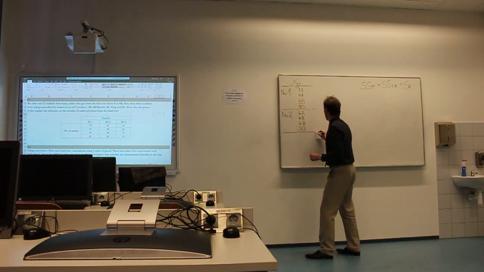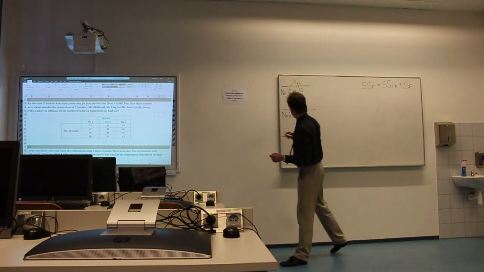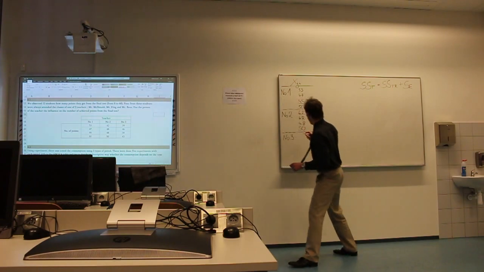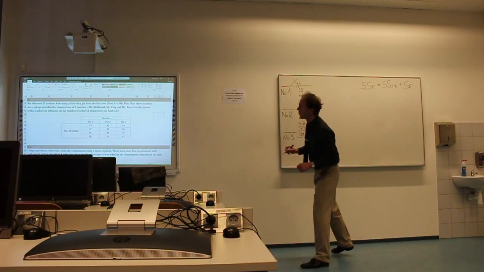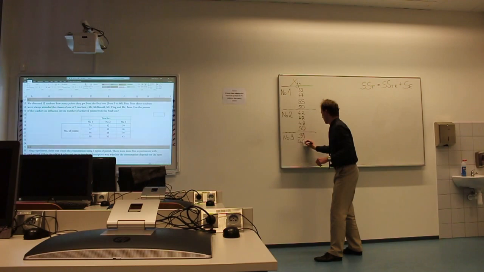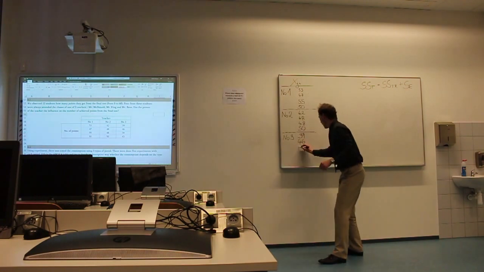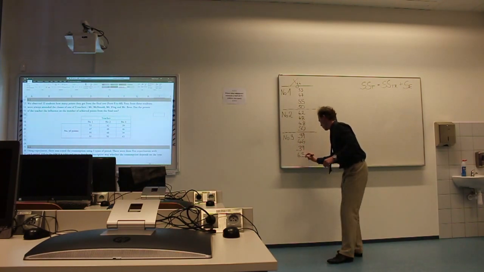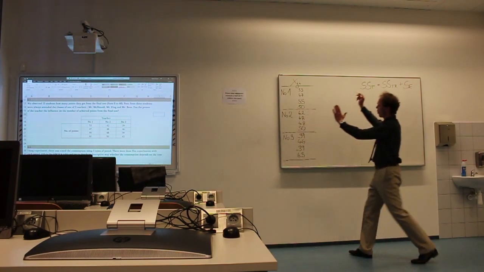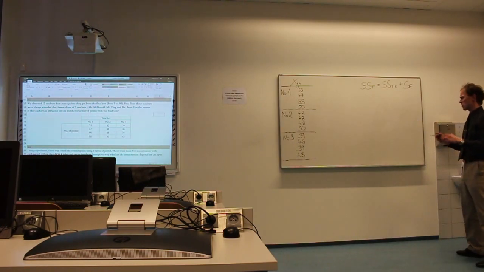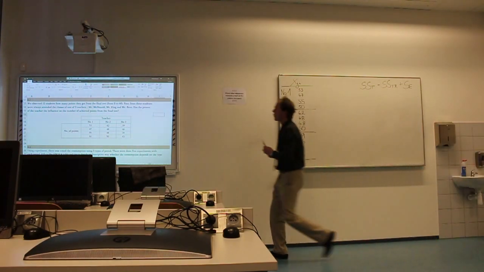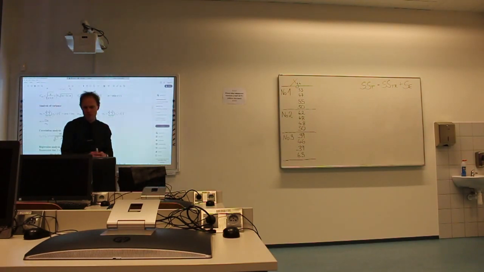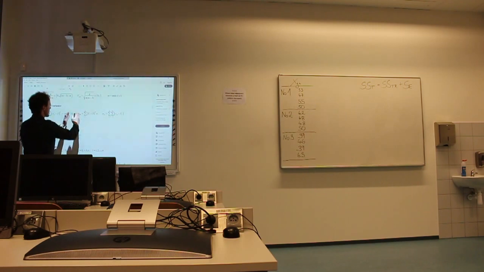And the last, third teacher, Mr. Vance, number 3: 39, 46, 39, and 43. Okay. So 3 groups, 3 teachers, and we will start with the calculation of the treatment sum of squares, SSTR,